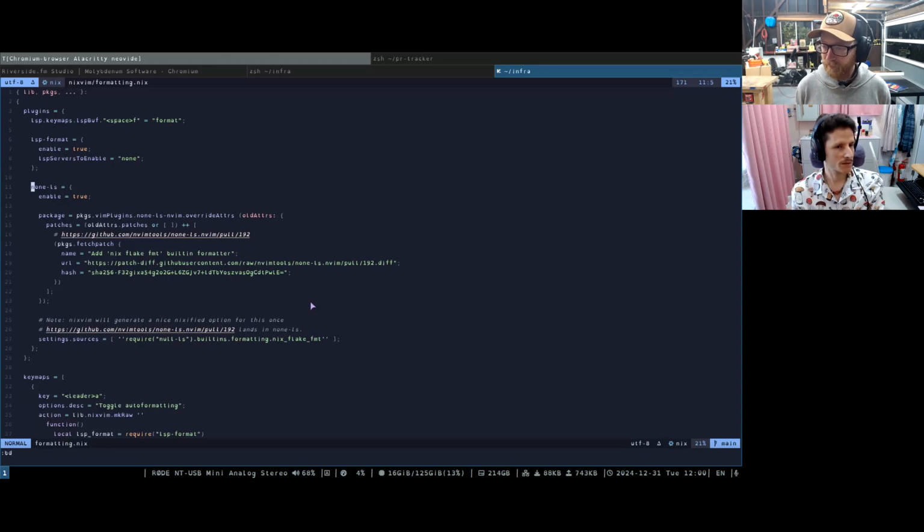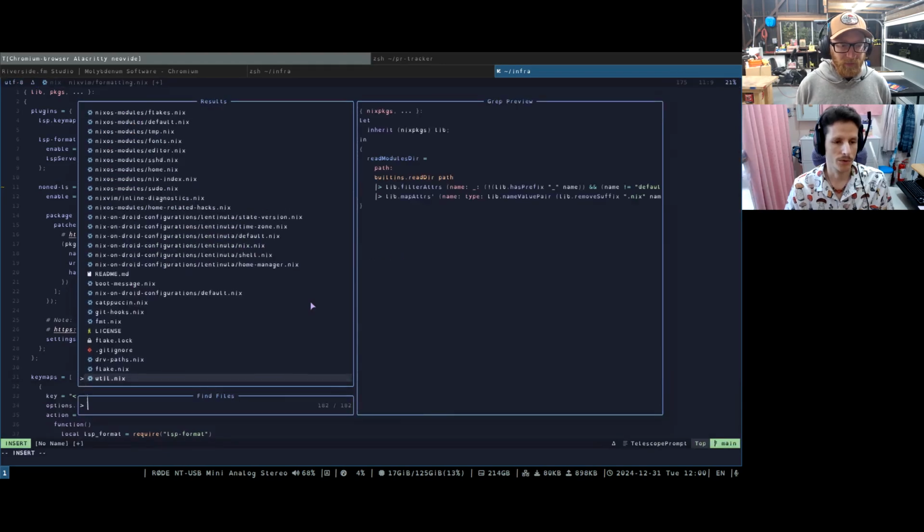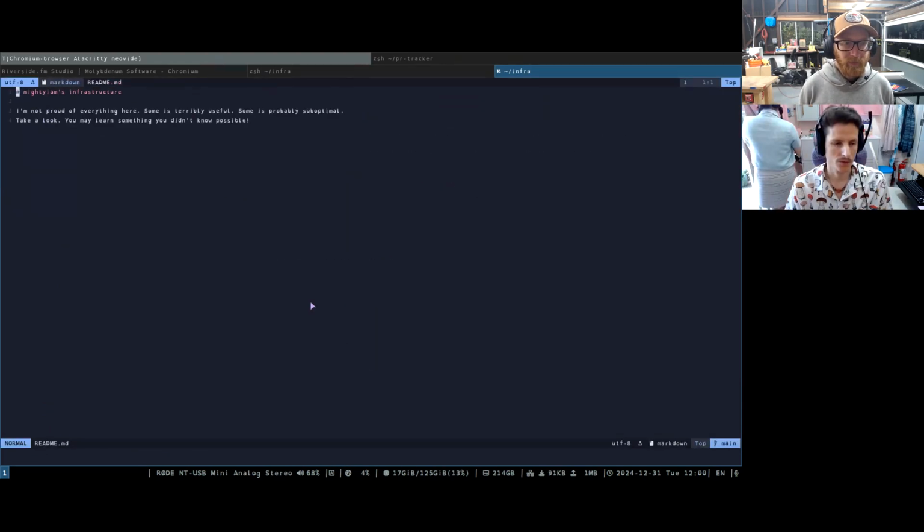So what is none-ls? Is it always an LSP server for every language? How does that work? It has this concept of built-ins that you turn on. Or they're called sources, maybe. The vocabulary is a little unclear to me. So if I open the README Markdown file here and I do LSP info,